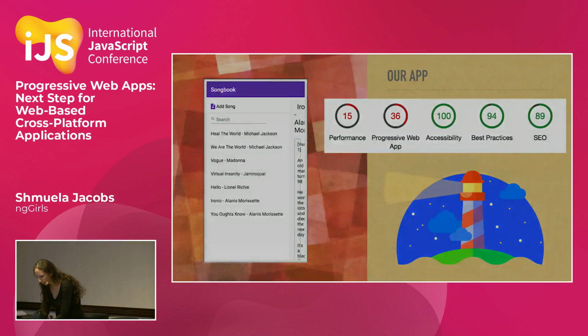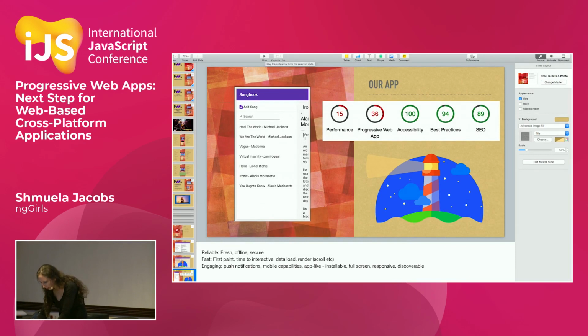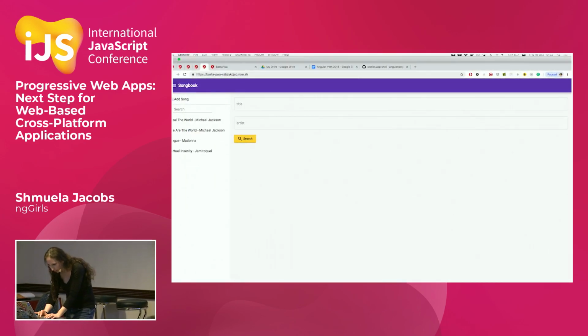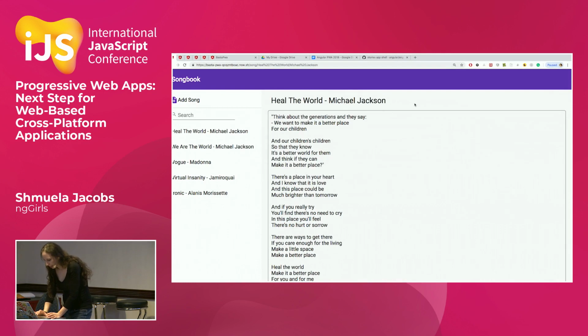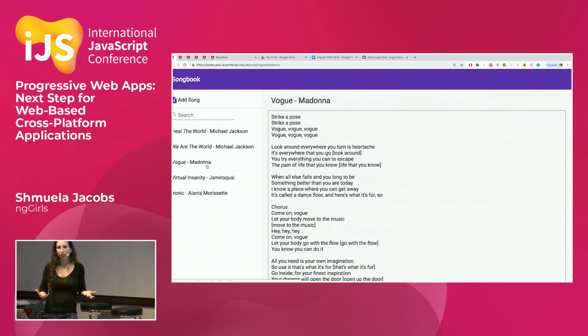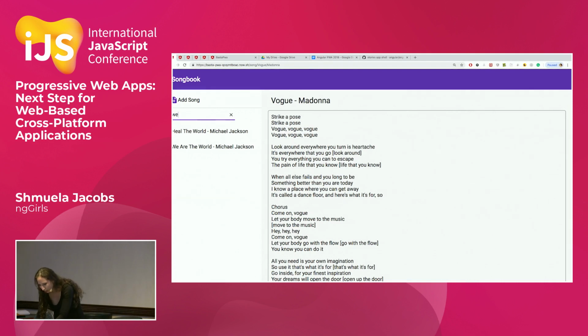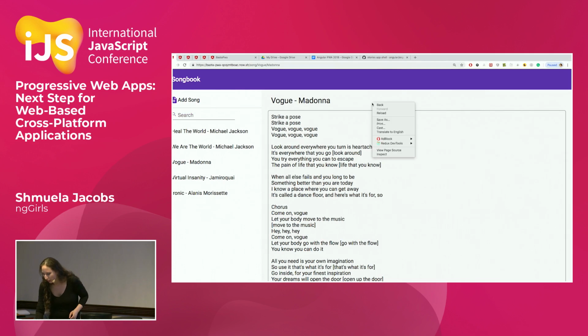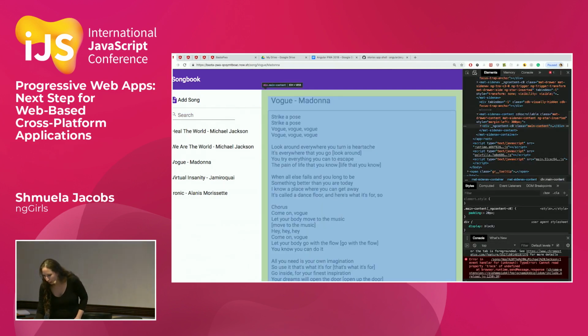So I actually have this first version of the application over here, and you can see that it looks okay on the desktop, and it loads songs pretty fast, but that's because we have a good Wi-Fi connection here. I can do stuff, we can search for a song and so on, that's really cool, but that's not what it's about. Now, if I'm going to switch to mobile view,